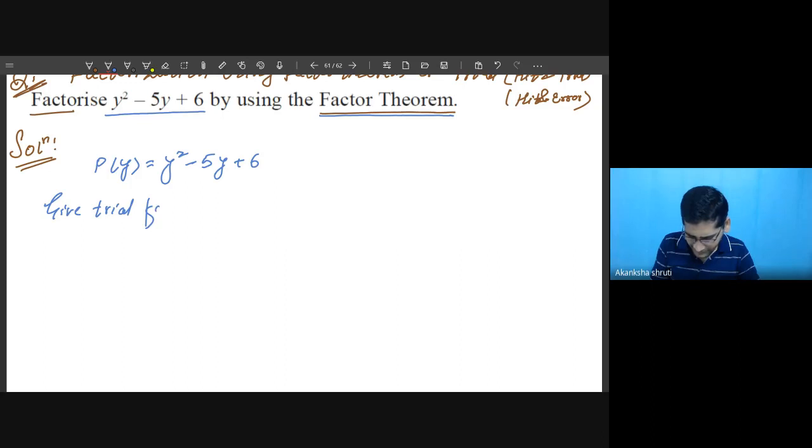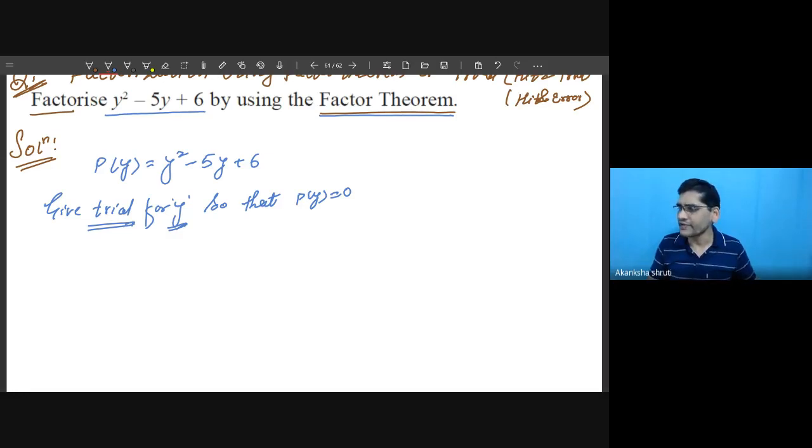for y. अभी आपको यह यानी कि y के वैल्यू इसमें सब्स्टिट्यूट करने हैं सो दैट दिस p(y) becomes 0, यानी y के ऐसे वैल्यू हमें ट्रायल में चूज करने हैं कि जब आप इसमें पुट करेंगे y के जगह पे वो वैल्यू वो आपको 0 मिल रहे हैं. Now one may think, okay, let me substitute y. So you are free to choose any value.